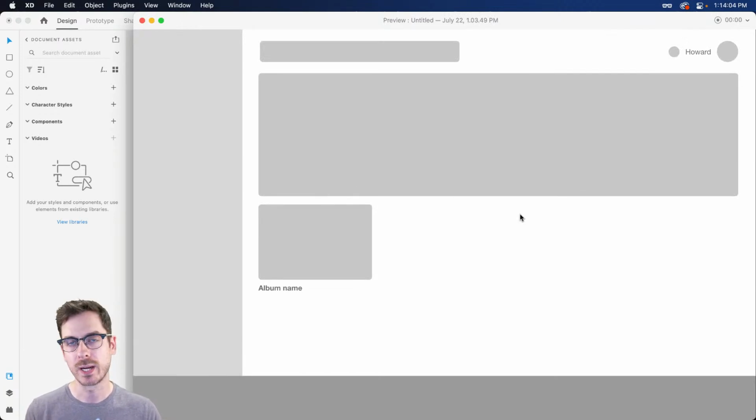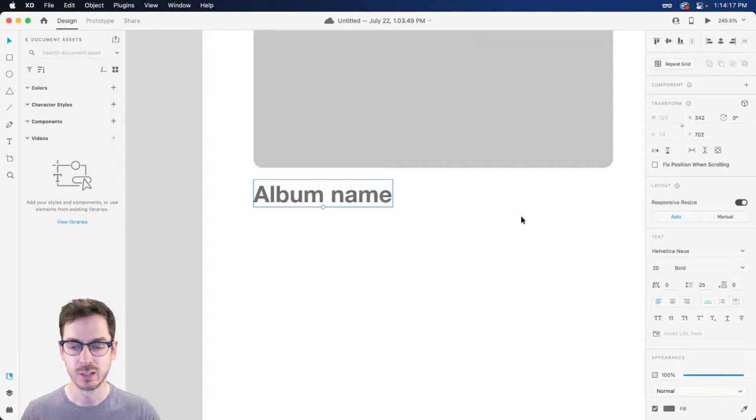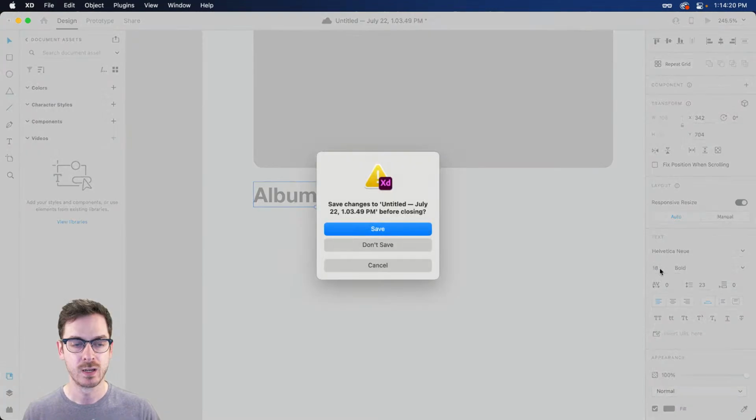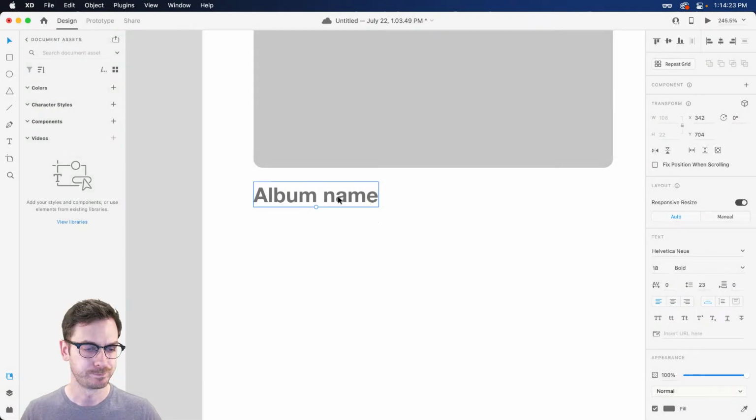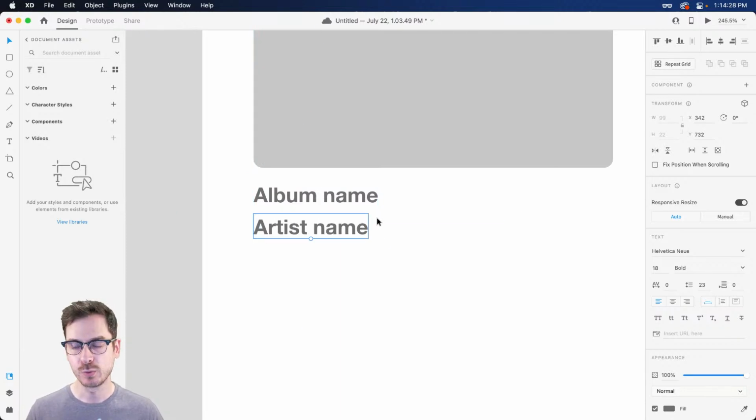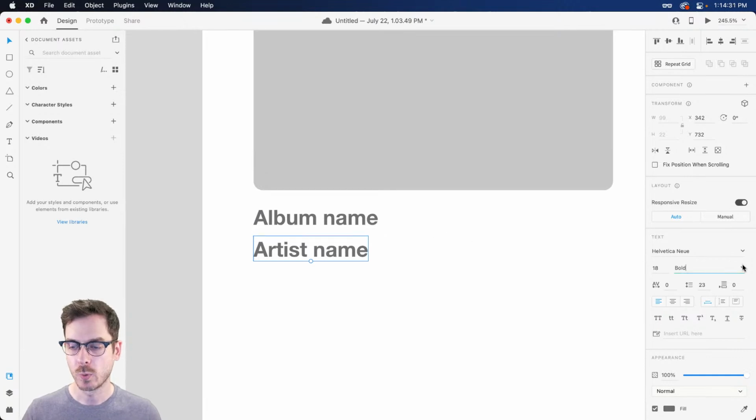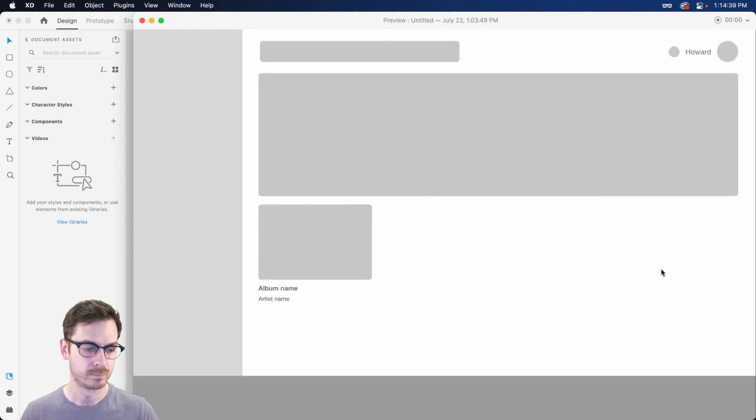It doesn't look too bad, but we have to keep in mind with things like this that there might be some album names that are a lot longer. And of course, we can get into the whole conversation of truncation, right? But I think we're probably just going to drop the size a little bit to make sure that most album names will fit really nicely. And then down below, artist name. Now this one is usually secondary information, so I'm going to drop the weight to medium, and possibly, in some cases, you might want to drop the size as well. We'll see what that looks like.